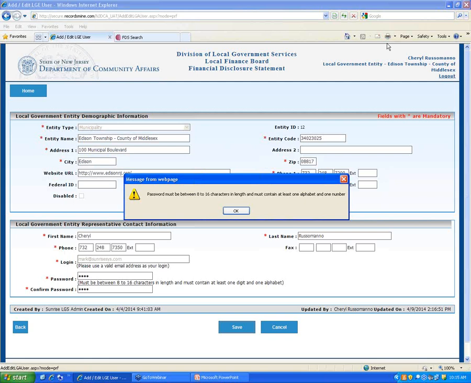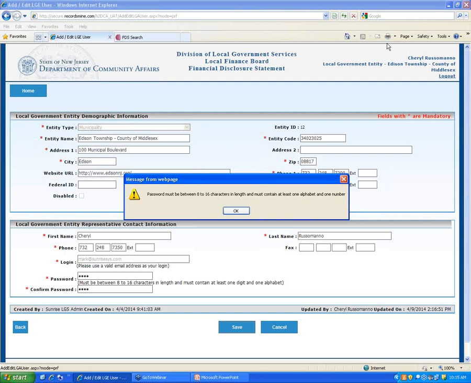So one of the things I want to point out is as we do different things within the system, if those operations are done successfully, we always will put a message at the top and the bottom of the screen in green letting you know that the operation has been successful. But let's say I did something that wasn't successful. Then we display a message in red that lets you know that the operation wasn't successful, and we usually tell you the reason why it wasn't successful. In this case, the representative phone number is invalid. That's because I dropped a 0 off the last 4 digits.